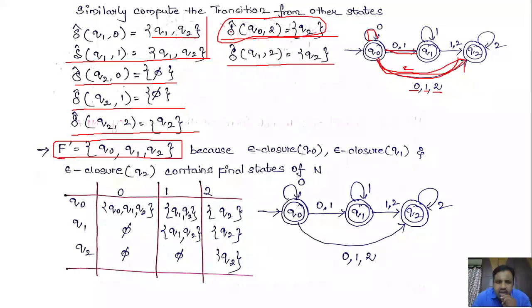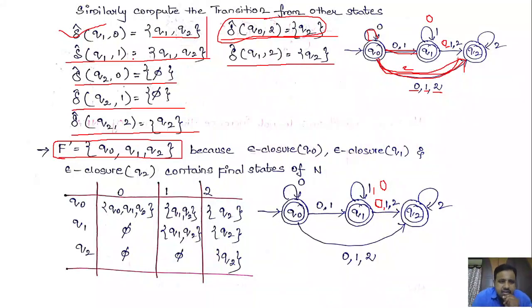Then next, we have to specify the transitions from q1. q1 on 0, q1 comma q2. So q1 on 0 goes to q1, and q1 on 0 must go to q2. Okay. So there is a change. I think there is a mistake in this one. So just add 0 comma 1 there.